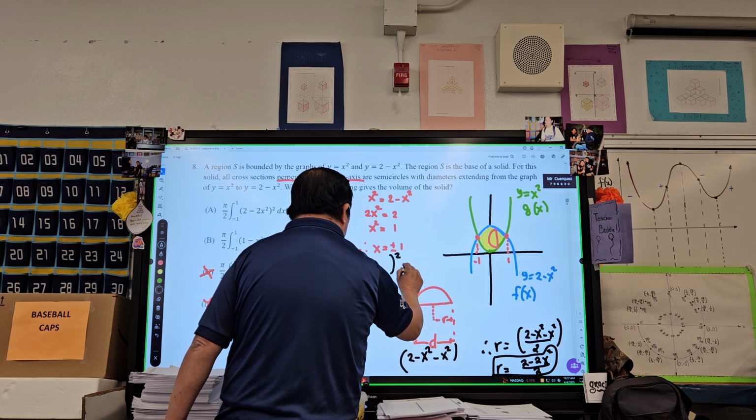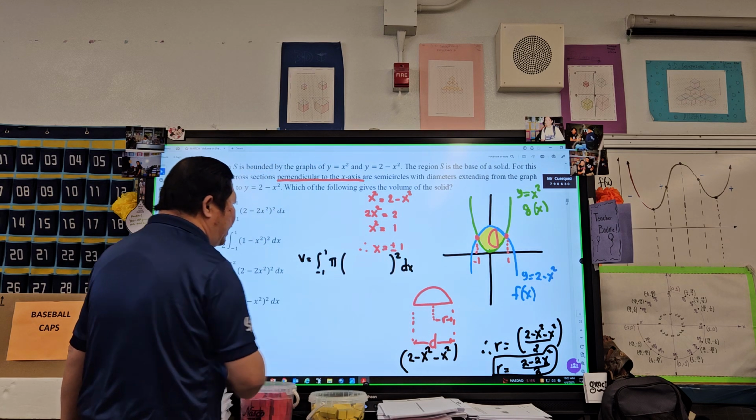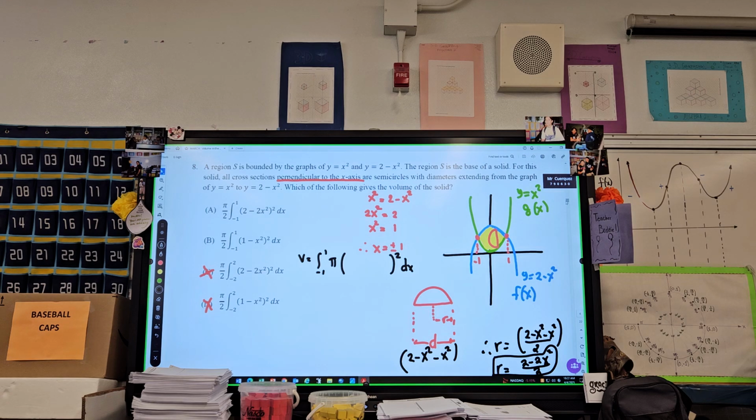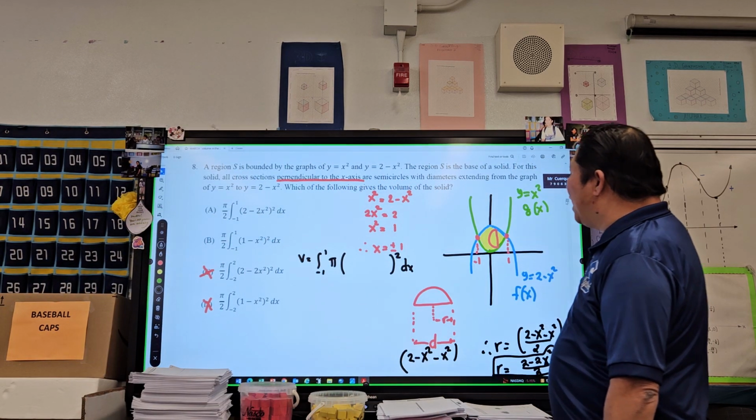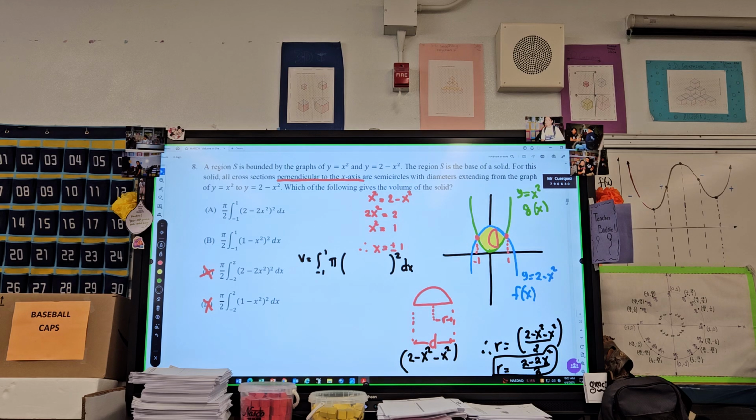Pi r squared, and then dx. So what is the radius now? 2 minus 2x squared over 2. Why do we have over 2? It's a semicircle. Okay. So what do you think is